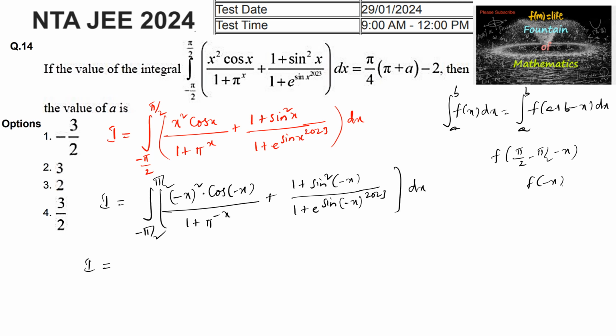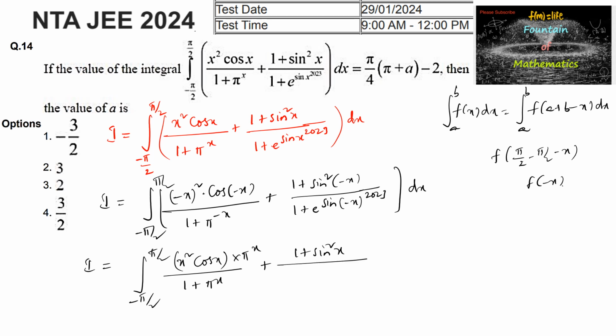Upon simplifying, we will get the integral from minus pi by 2 to plus pi by 2 of x square cos x upon 1 plus pi to the power of x, we can add 1 plus pi power x into pi to the power of x plus 1 plus sine square of x, because it is an even power, we can add sine square x divided by 1 plus e to the power of minus x to the power of 2023. Since 2023 is an even number, so we'll be getting minus sine x to the power 2023